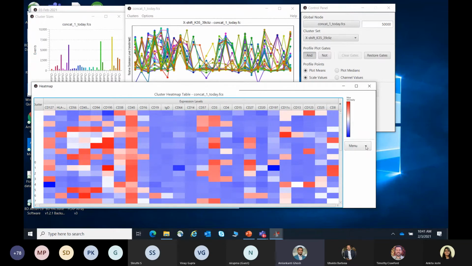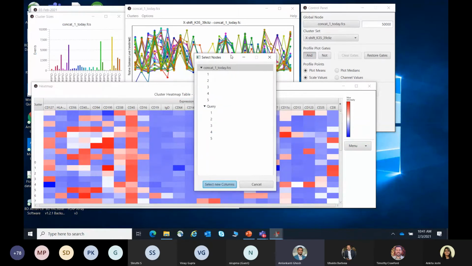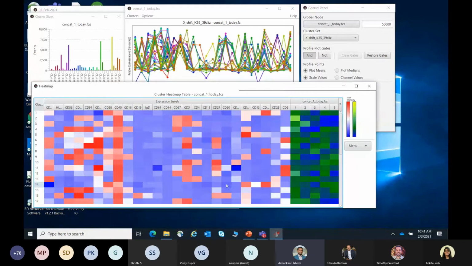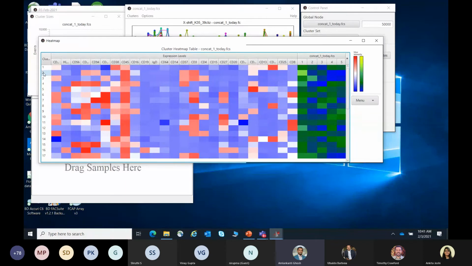The last thing that I want to show is you can click this option, add nodes as columns, and then it will ask you which nodes you want to see. Within the concatenated file, we have separated all the 5 individuals as patient 1, 2, 3, 4, 5. You just select 1, 2, 3, 4, and 5, and now select the new columns. So what it does is, on the side of what you already had, all these 37 clusters and their expression